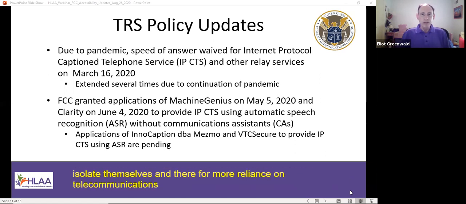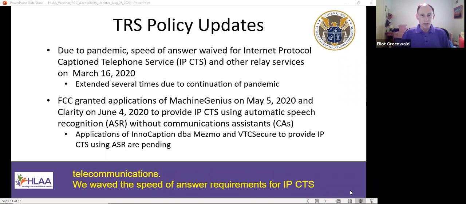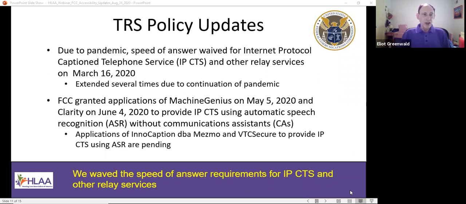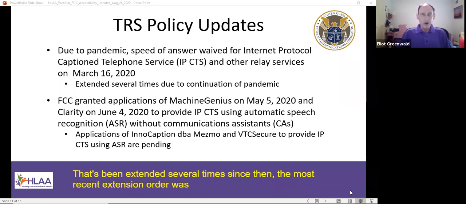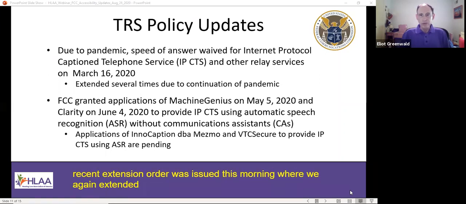We waived the speed of answer requirements for IPCTS and other relay services on March 16th. And that's been extended several times since then. The most recent extension order was issued this morning, where we again extended that waiver through November 30th.